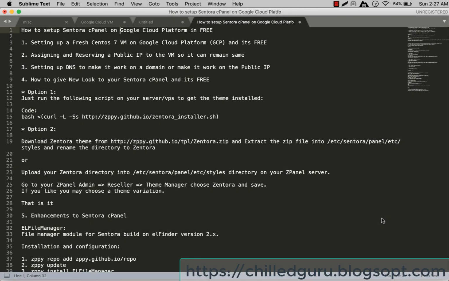Hello guys, my name is Muhammad Aliza and I came up with the new tutorial which is Sentora control panel on Google Cloud platform, which is totally free. You are not gonna pay anything because Google Cloud is giving you $300 free, and Sentora control panel is also free. So I'll walk you through how we can set up Sentora control panel on Google Cloud,